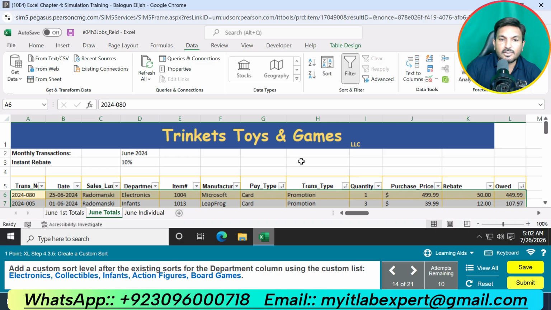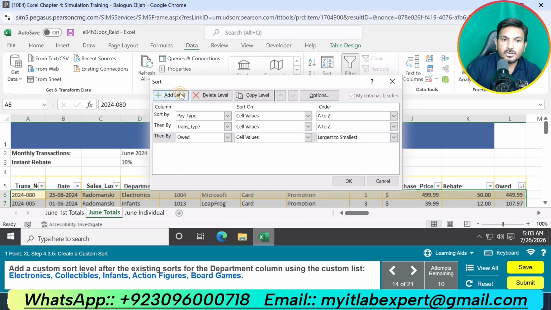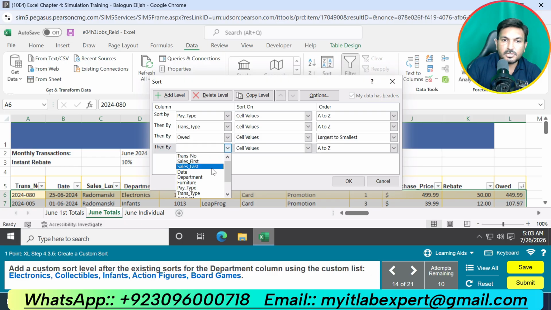Add a custom sort level after the existing sort. Sort level, department field.